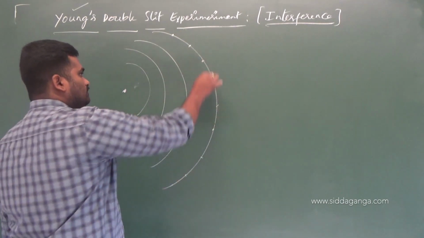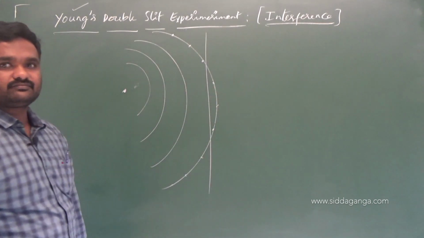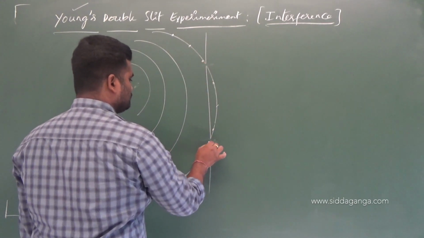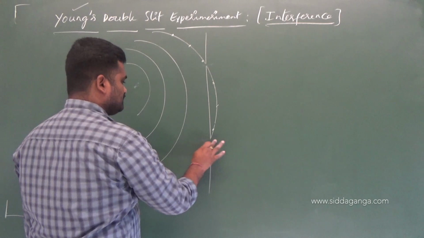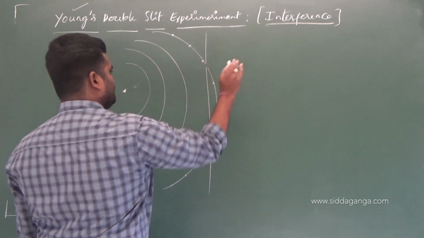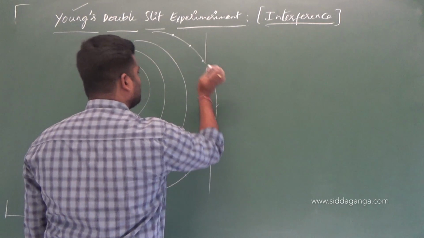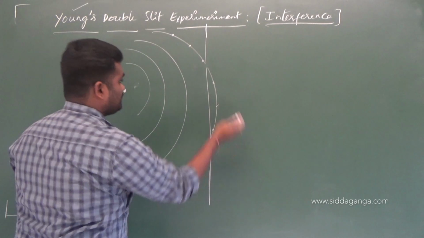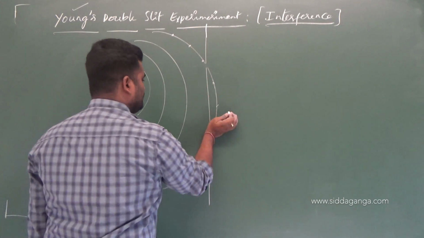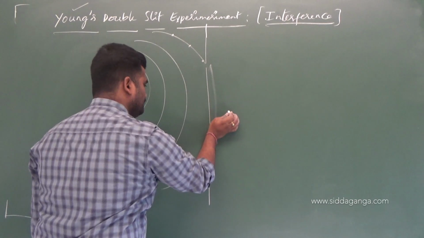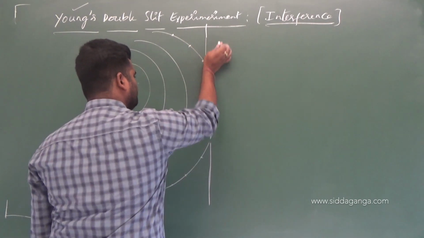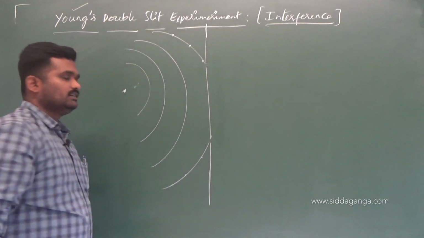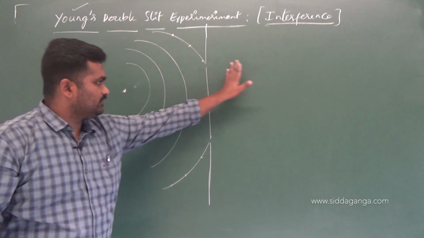Now they have taken one cardboard like this. They made two small holes in this cardboard, like this. Now see, this entire thing is opaque, no light passes through this region. Even here, no light is going to pass through. Why? Because we have kept a small obstacle here, like this. What happens? Can you see the light over this entire region now?